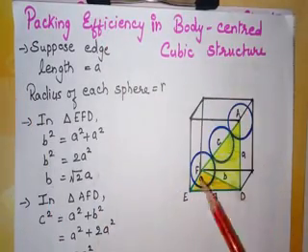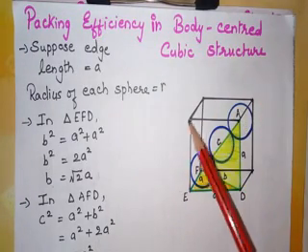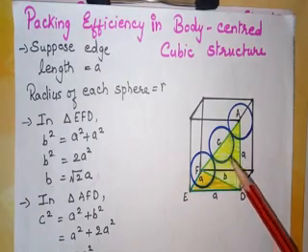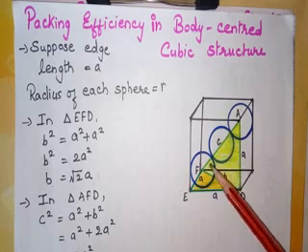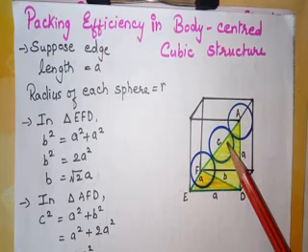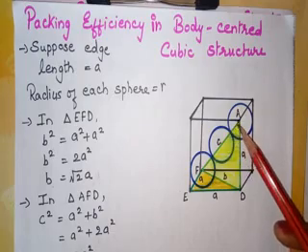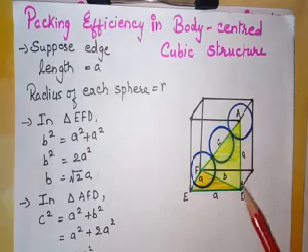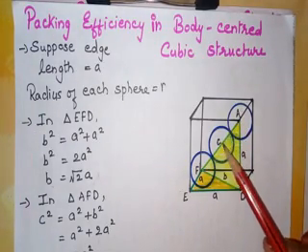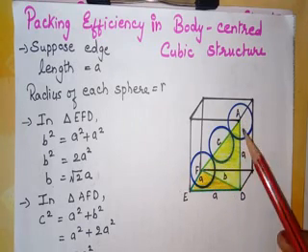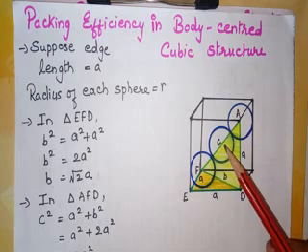Now this is a unit cell. The atoms are there at the corners as well as at the center of the body. So for easy understanding, we have just taken the atoms at the body diagonal. So here is an atom at the corner, this is again an atom at the corner, and this is an atom at the body center. Now the radius of each sphere will be r, and the edge length is a. So if this is a, this is r, r, r, and r. C, that is the body diagonal C, is equal to 4r.